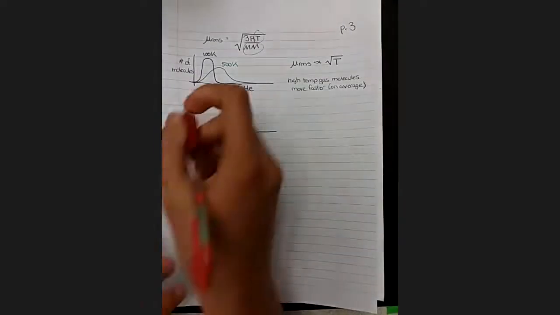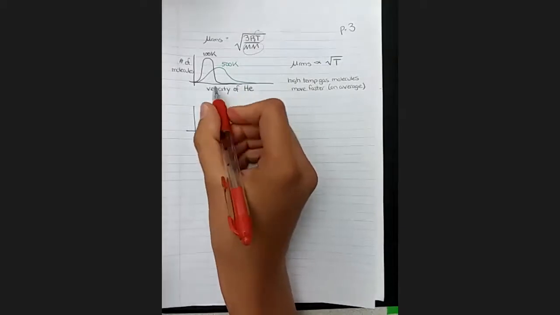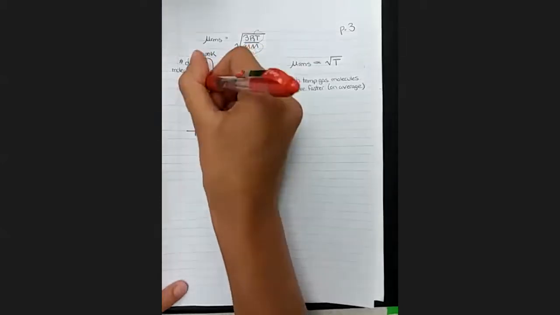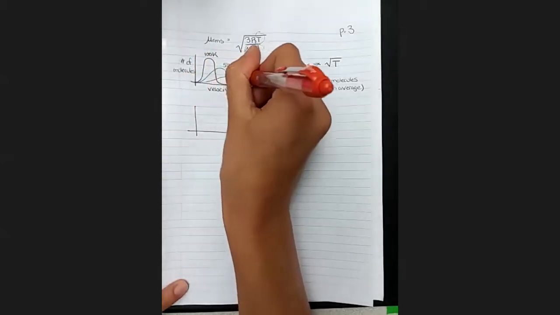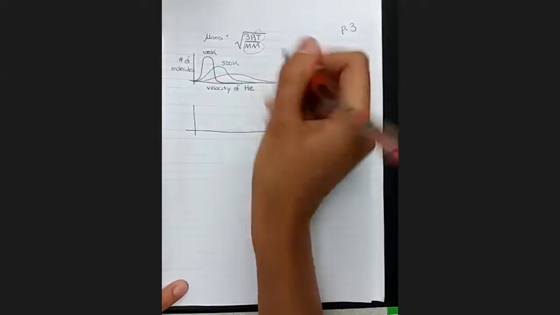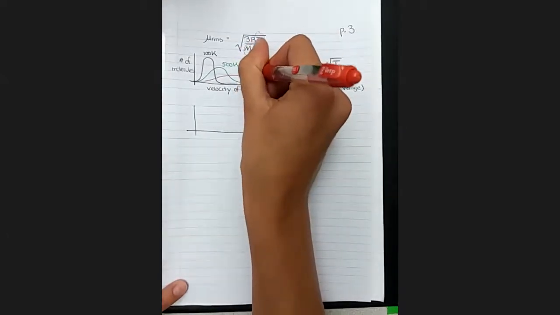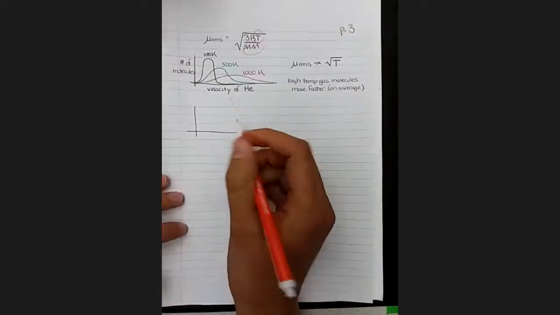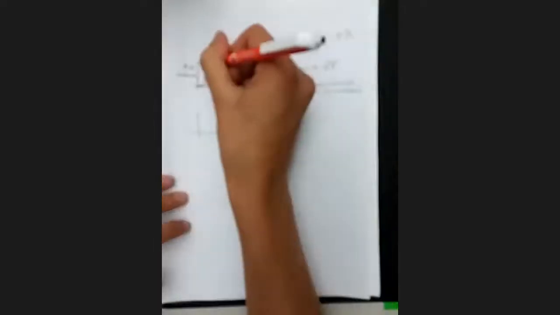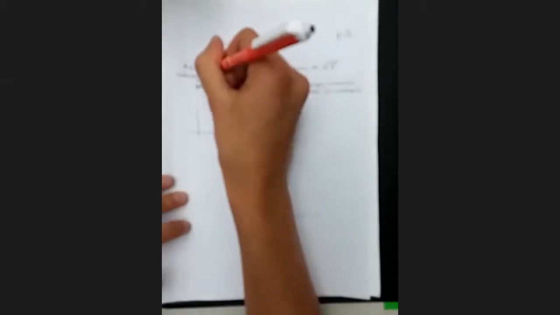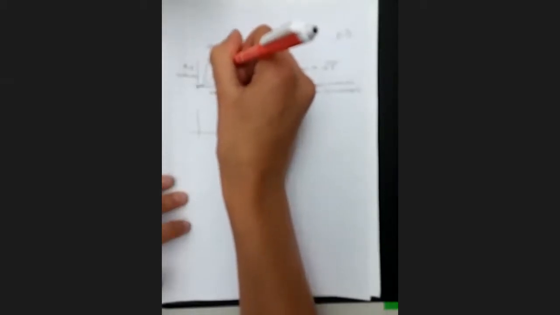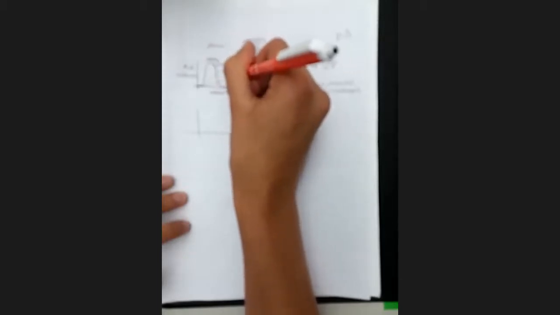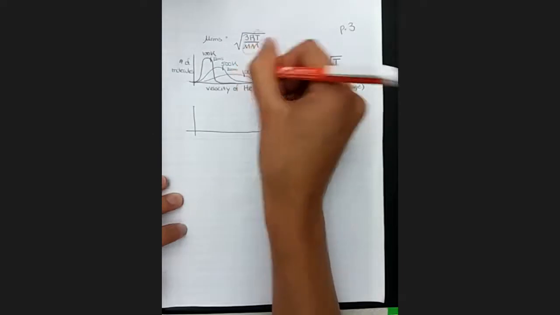And if we keep going, we're going to continue with the same trend. As we shift the root mean square speed over, the curve is going to become flatter and flatter. So it's going to be very long and very flat for 1000 Kelvin. And if we look at the root mean square speed, which is slightly higher than the highest point, we would say it's right about here. Root mean square speed, probably right about here. Root mean square speed, and right about here.